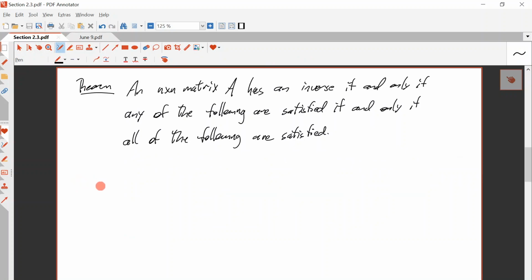All right, so they are as follows. Okay. 1. A is row equivalent